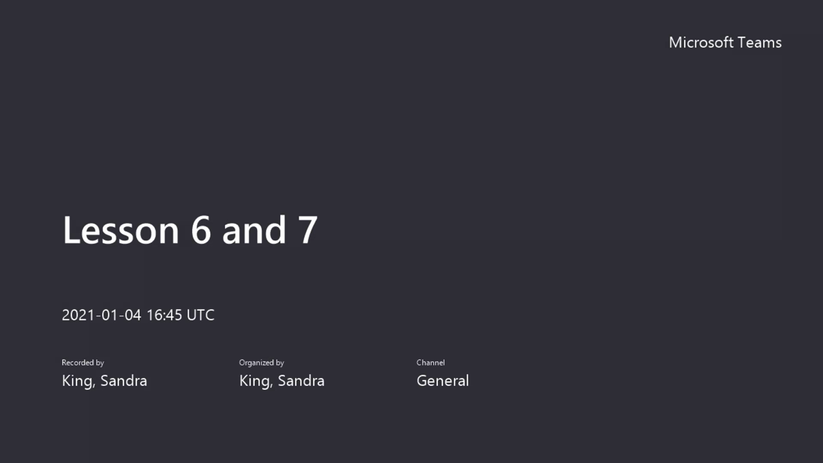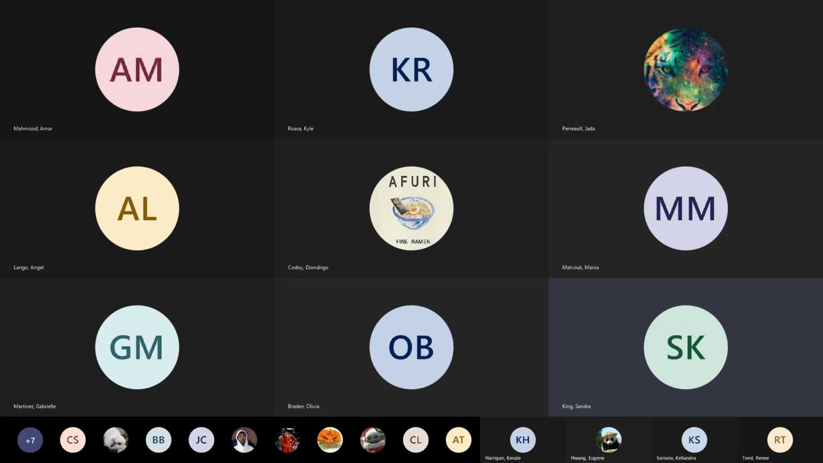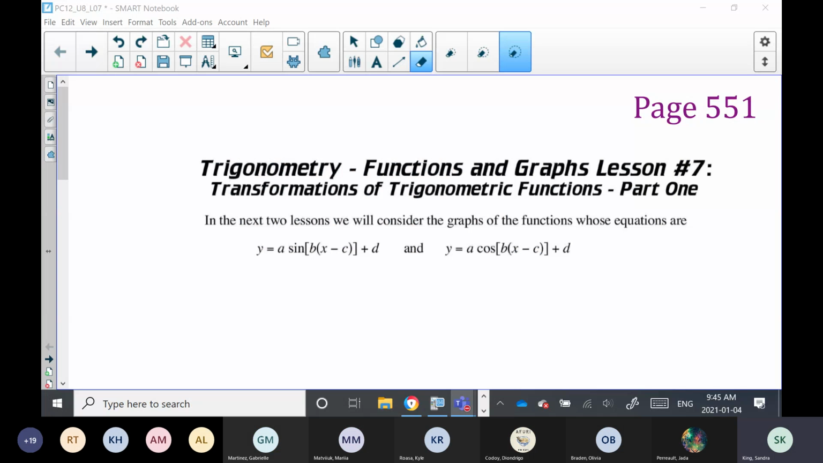Moving on to lesson 7 of Trig 1. This is the second lesson in graphing, and it's on page 551 of your student workbook. What we are getting into is transformations. Remember I told you from the very first unit that we started with, transformations is just the gift that